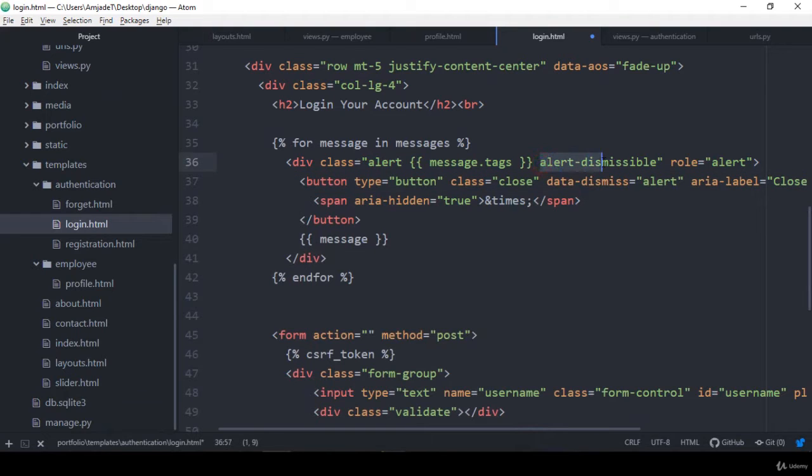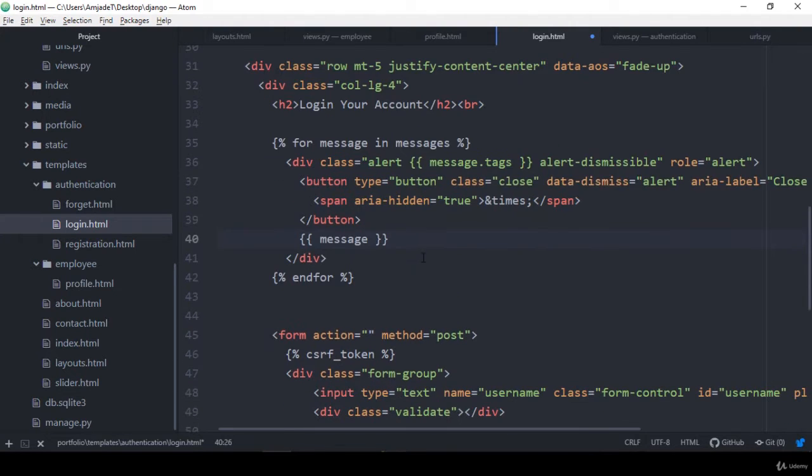And also there is an alert, the dismissible. That means there should be some icon as a close. You can see there is actually a button, and the close button from here should automatically be loaded, and there is our close button, actually the cross link, and that is actually the message. Okay, so with this you can display the message. So I'll show you, then everything will be more clear to you.